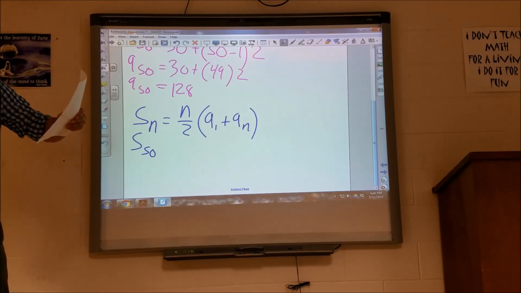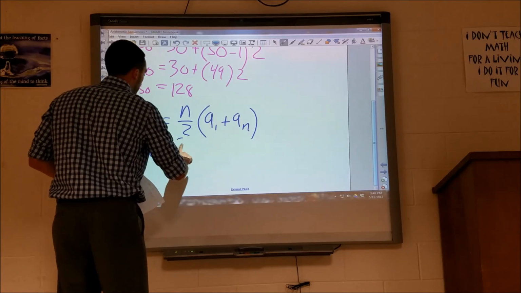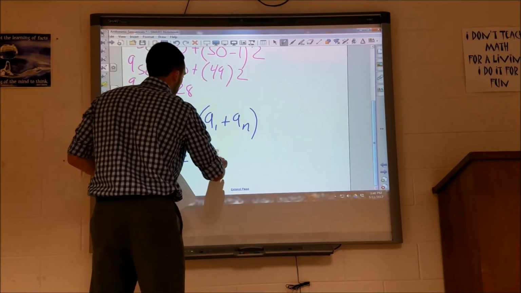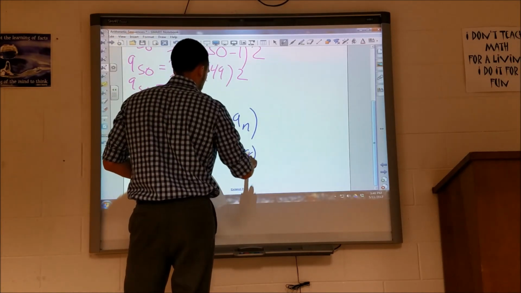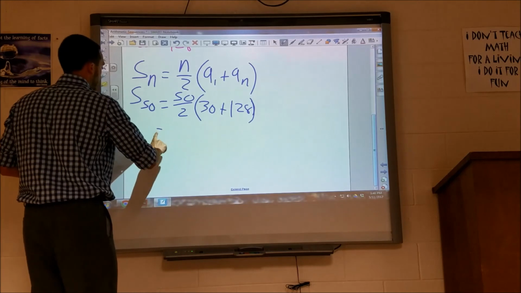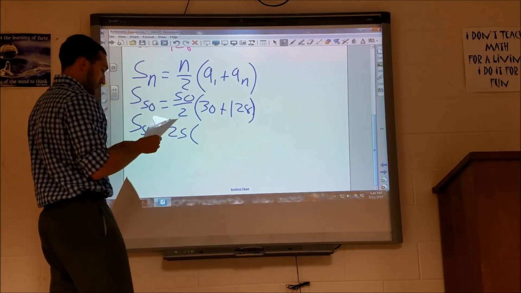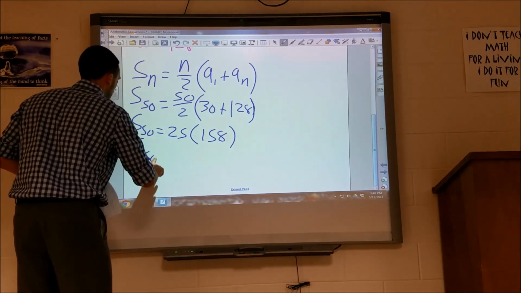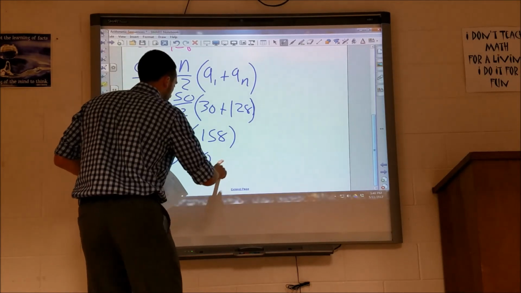I'm looking for the sum of all 50 rows of seats. So I plug 50 in for n. I know my first row had 30 seats. I know my last row had 128 seats. So I take S sub 50 equal to 25 times 158, and I'll see that there are 3,950 seats